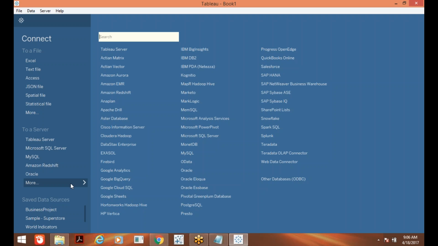What is the difference? How to connect with different data sources is one part, and how to connect with one data source in different ways is another. There are two ways of connections here, live and extract. What is a live connection? What is an extract connection? And how to connect with different data sources, meaning a text file, an Excel file, an Oracle DB, like this. So this is all about connections. The first and foremost important concept in Tableau is connections.